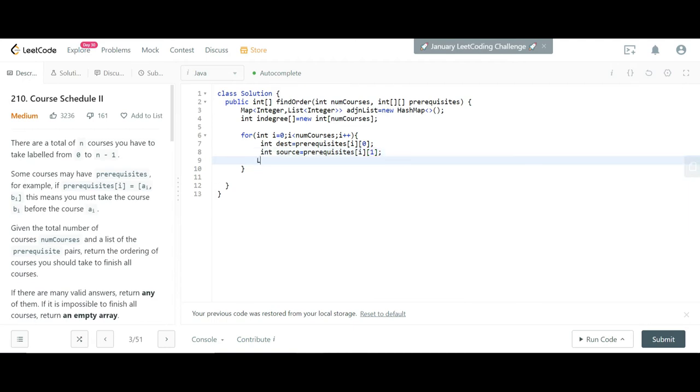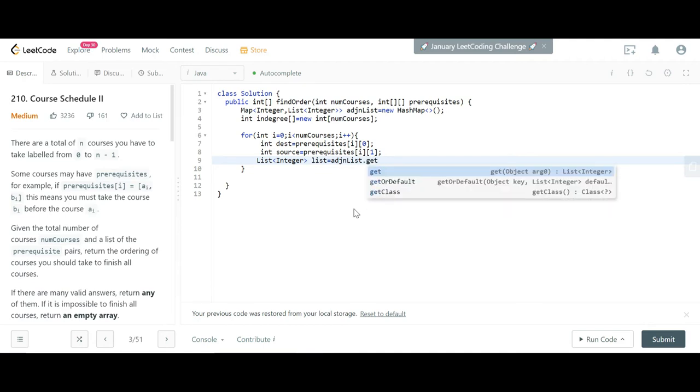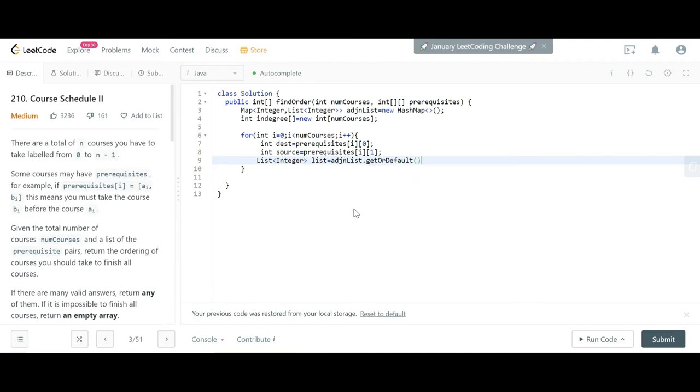Then we have to define this list, where it will be this adjacency list. From there we have to check if it is already present in the map, then we get and update the value, or else we create a new one. For that purpose, the map has a method called getOrDefault.